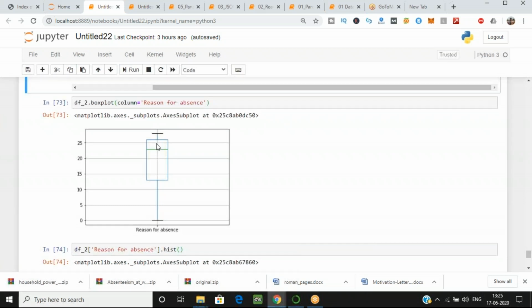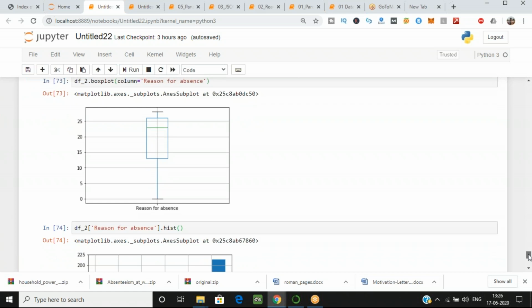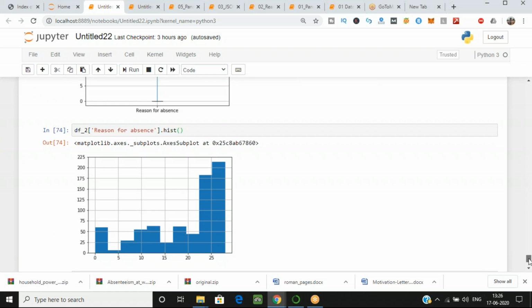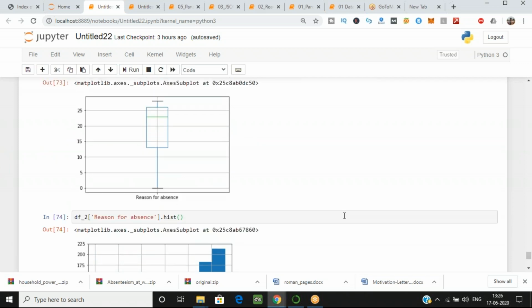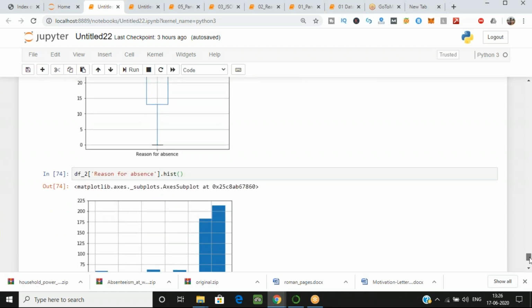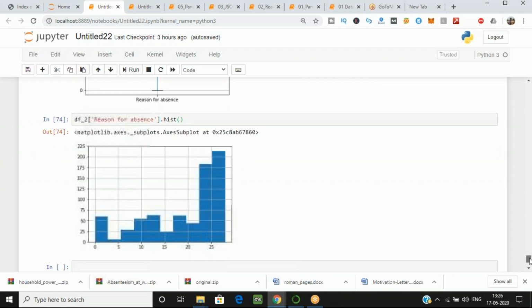Now if you see in your database, like I'll show you the histogram also, we can analyze that from 0 to 15 you are having fewer values. But if you go from 15 to 25, we are having the larger values.